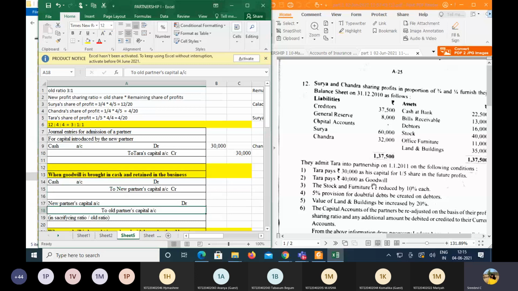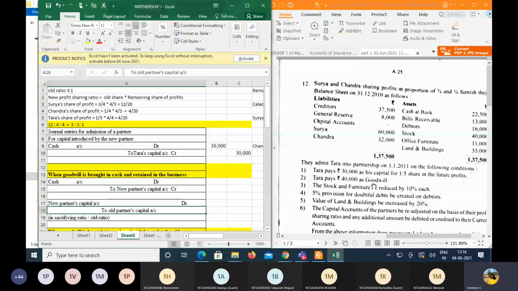Here the new partner is bringing goodwill in cash. That's very much clearly mentioned. But what you need to identify here is whether the goodwill is going to be withdrawn by the old partners, or is it going to be retained in the business by the old partners? It's retained. Very good, because whenever nothing is being mentioned towards the goodwill here, it is always okay to be retained